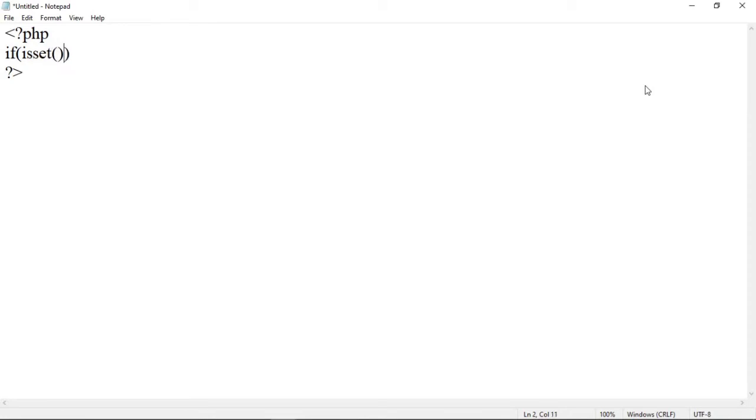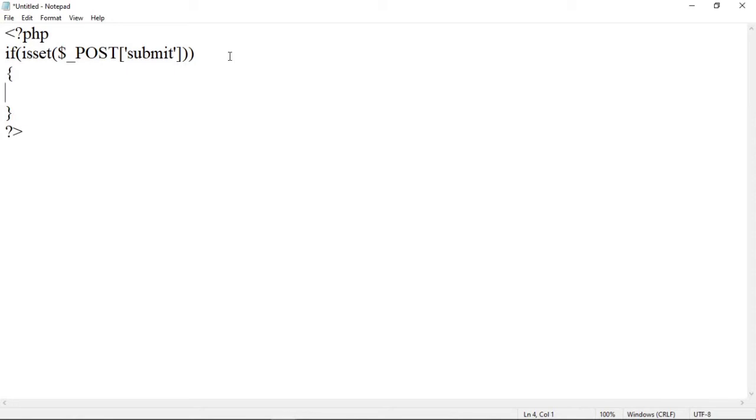This function is used to check whether there is a value in a variable or not, if it contains some value or it is a null. So we have passed the value using the post method. So here use $_POST with which button, that button name is submit. Now if isset $_POST in brackets submit, that is whether some value has been passed, then perform this code.